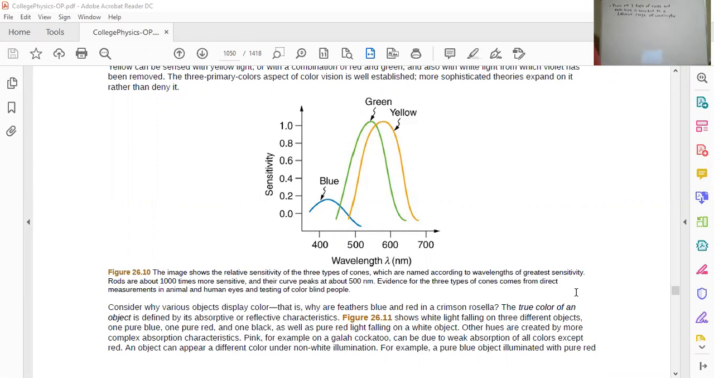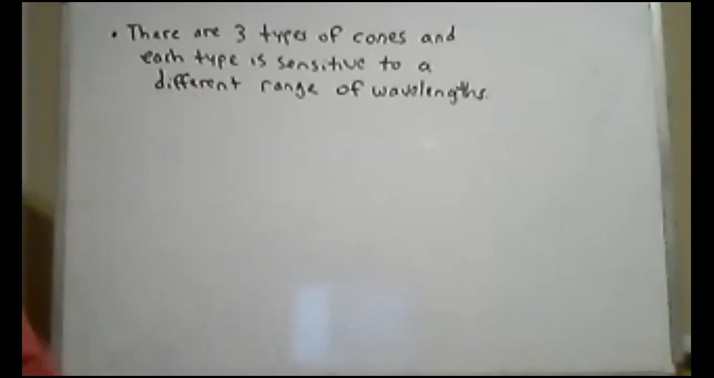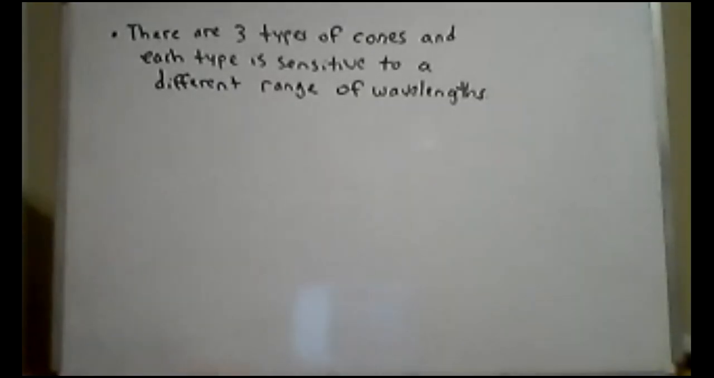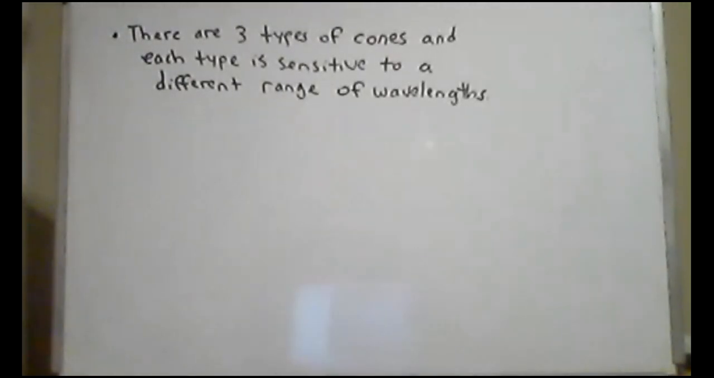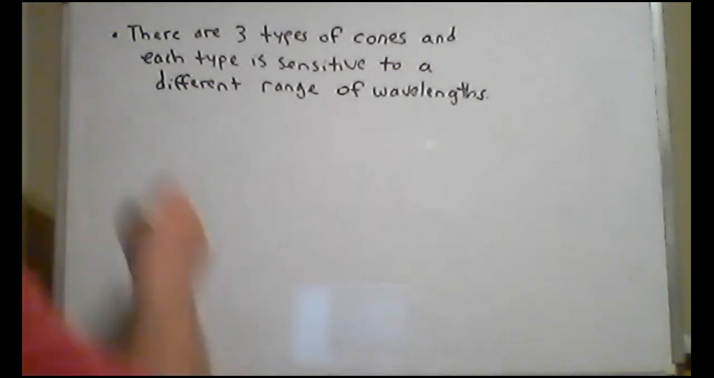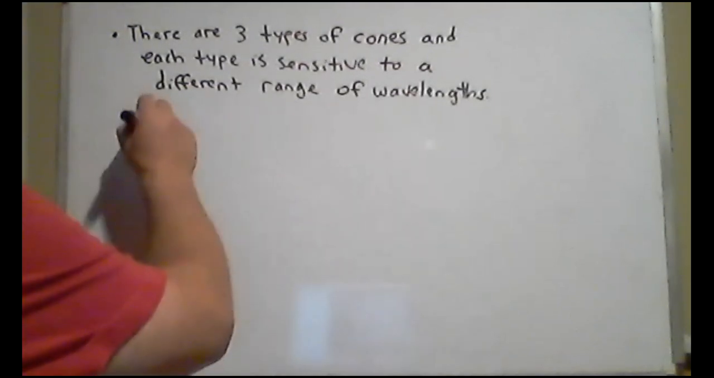All right, so again, these are the types of cones that are in our eye. Now, how do they work? We have 3 different types of cones. So essentially, a simplified theory of vision is that these are the 3 primary colors corresponding to 3 types of cones. All right, so a simple theory of color vision